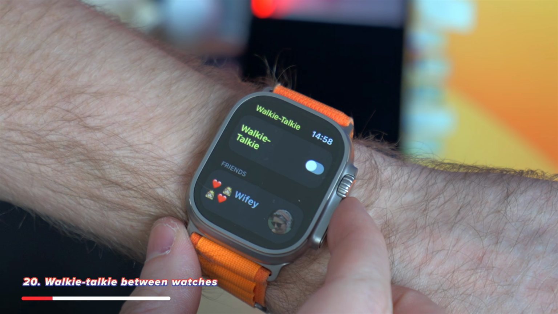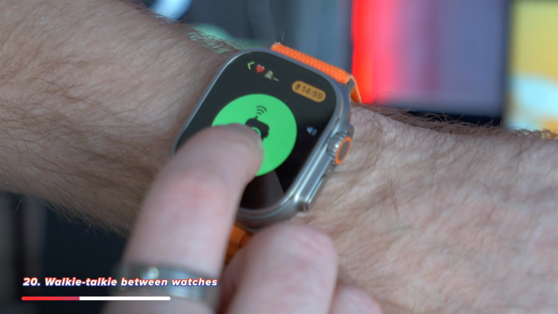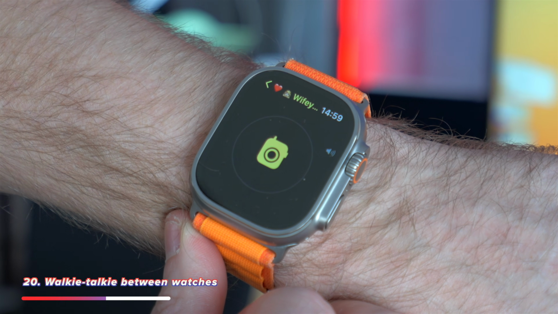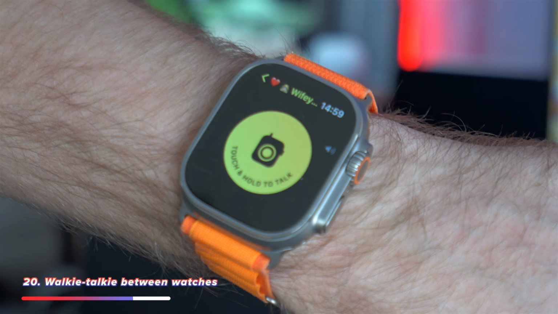Now, if you have friends or family with an Apple Watch, then you don't even need to call them anymore. Just use the built-in Walkie Talkie feature and pretend to be James Bond by tapping and holding your watch to speak. Hey baby, just testing something. Okay. But it one-ups traditional walkie-talkies by working anywhere in the world. You can walkie-talkie to your partner in the other room, in the next town over, or on the other side of the earth. It is so cool.